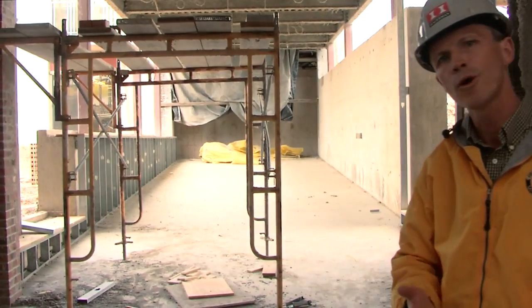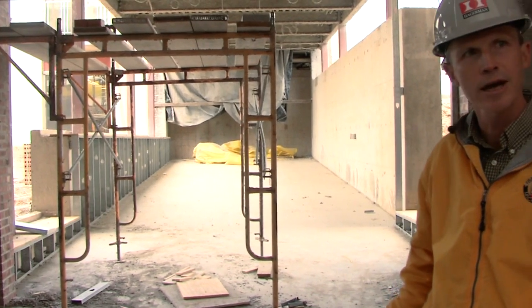For this segment, we are standing on the lower level connector running from the historic building into the new building. This concrete ramp drops 40 inches from the historic building down into this lower level. And above us, we also have the main level connector, which will result also in a stairway coming down into